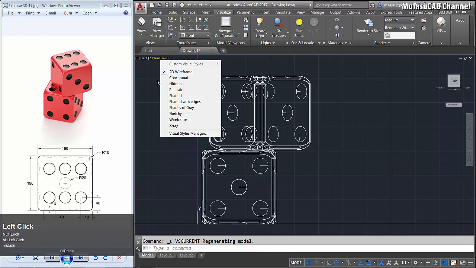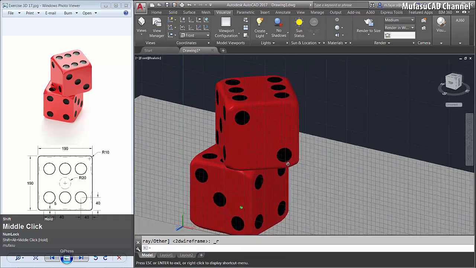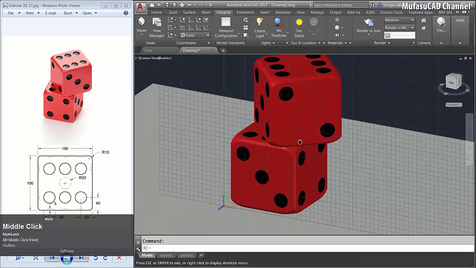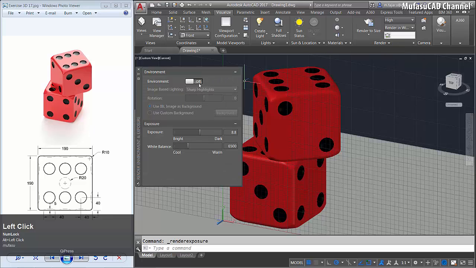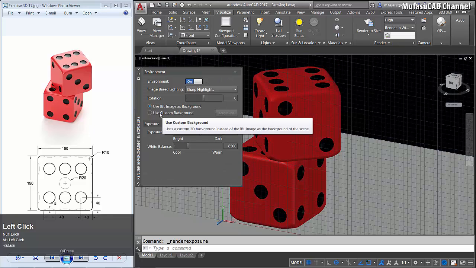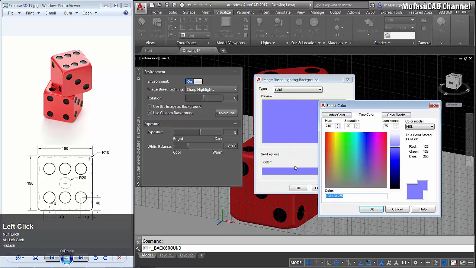Change into realistic view and use the orbit command to make the better view for rendering. Okay, and active full shadow, use the high-core render, and then I will active environment here, use background, change into solid and change into white colors.